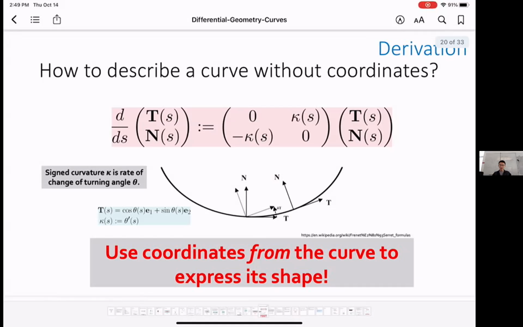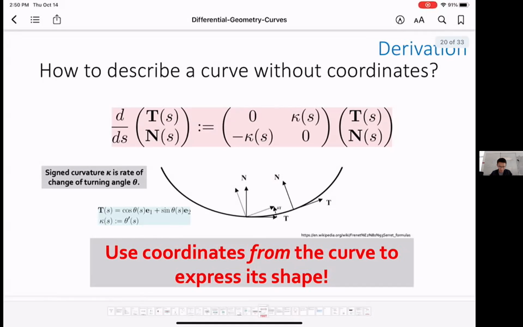Then using these two directions, I can express my shape. I can also tell you some properties of my shape in terms of the derivatives, say the derivative of tangent and the derivative of normal. And then this kind of coordinate system should also be unique, because no matter how you put your curve in the space, you can always pinpoint the point P on the curve and then compute the tangent